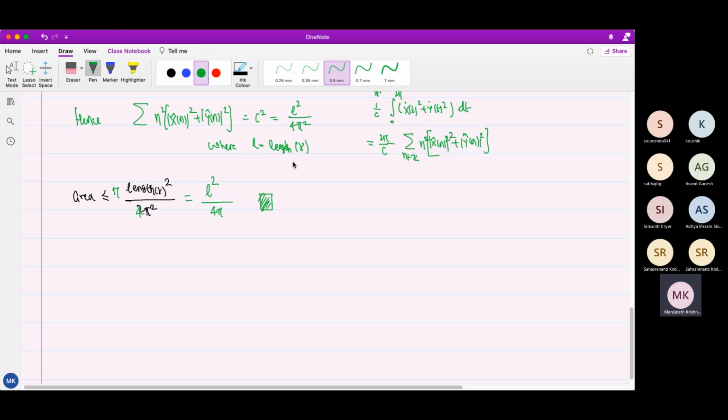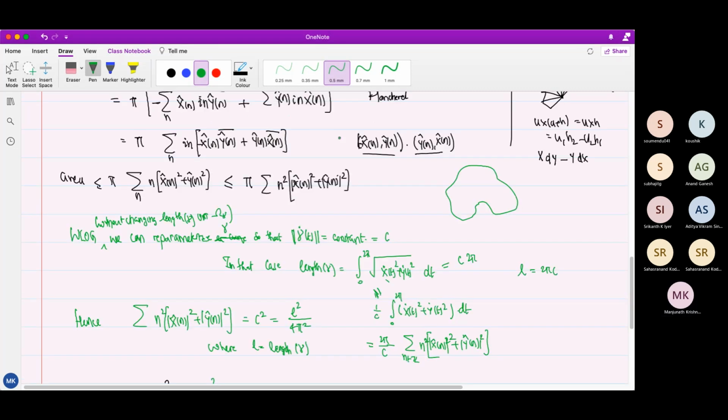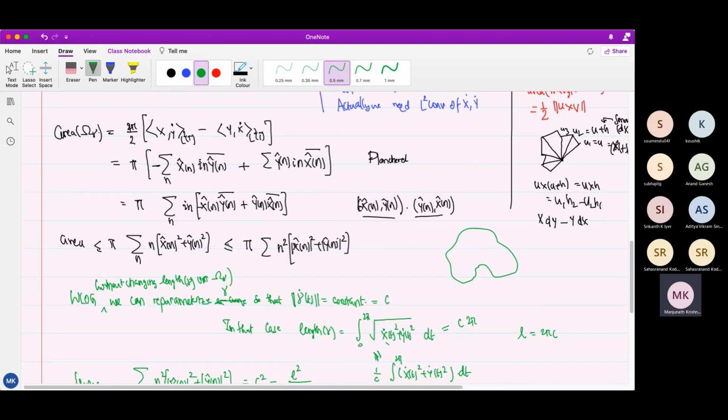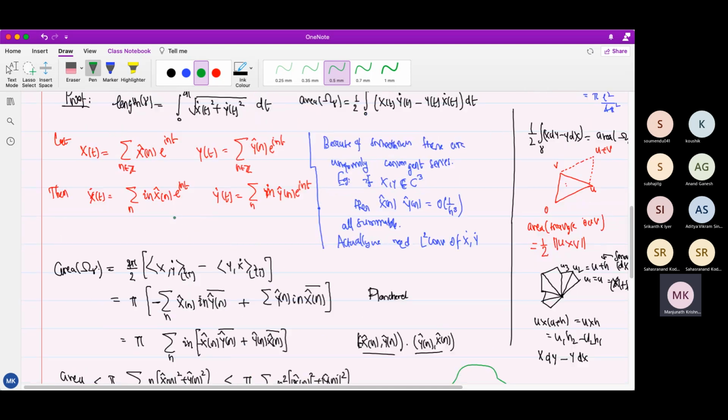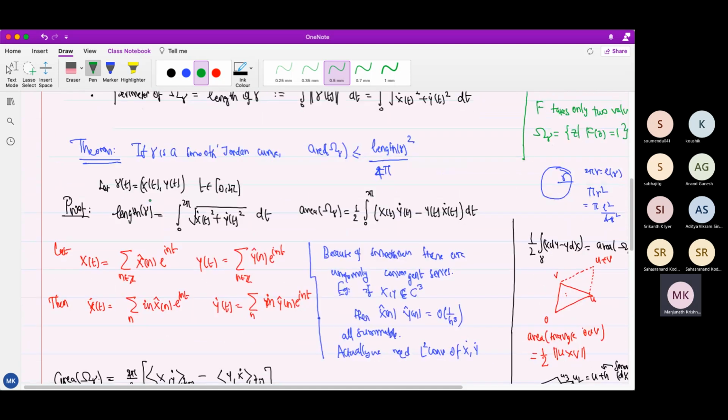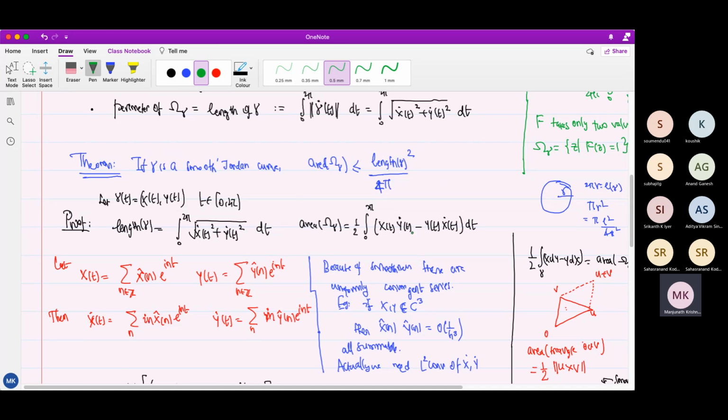Sir, in this proof, didn't we preclude all those shapes with sharp edges up front, like polygons and all, because of the smoothness or something? That's right. But if you look at it carefully, where we use Plancherel, I don't need things to be uniform. What I need is x dot, y dot have to be L2 functions. And then you can include sharp ones also, no problem. x dot, y dot should make sense.